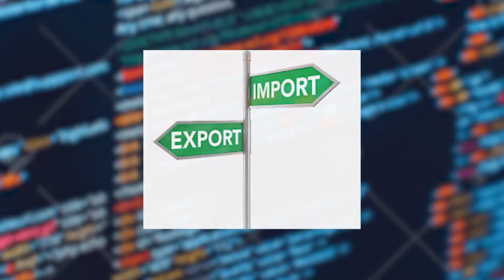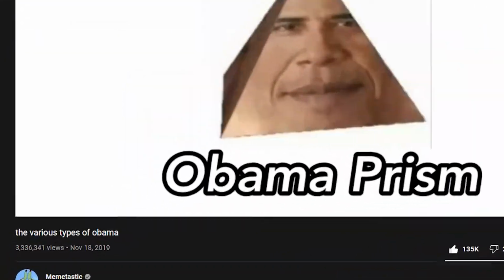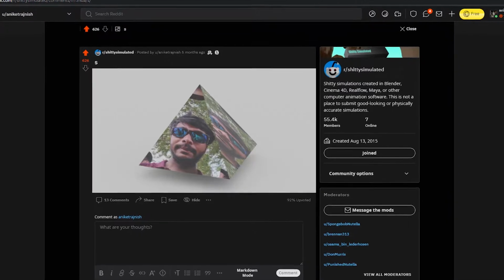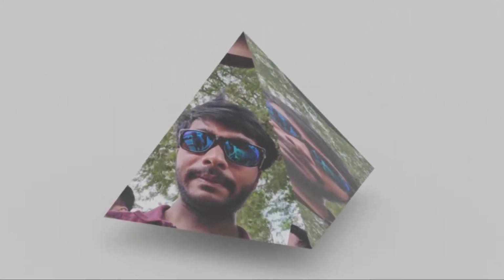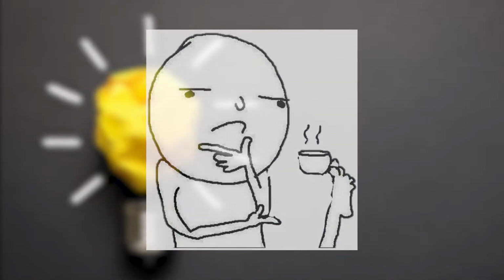I was learning how to import and export images in a Unity game on Android. And then this popped up on my YouTube feed, the various types of Obama. This gave me a major flashback from the time that I had made my own version of Obamium. So I decided to make a tool that would allow people to make their own version of Obamium for my